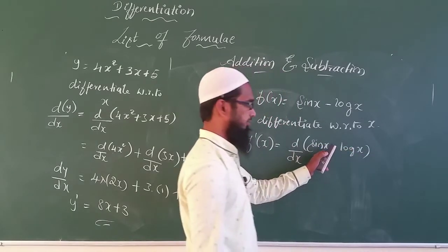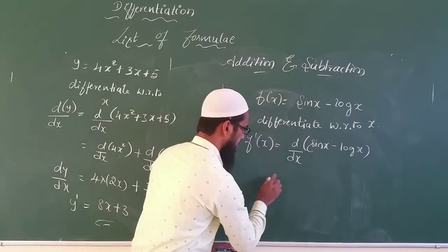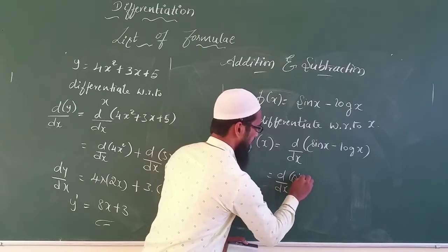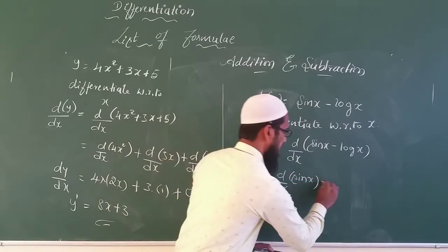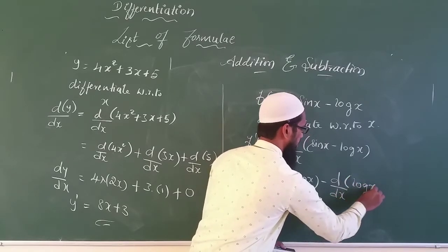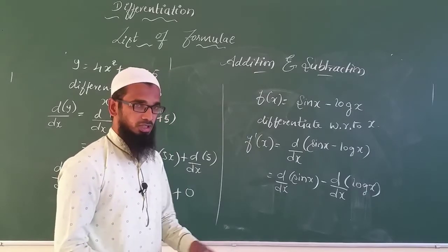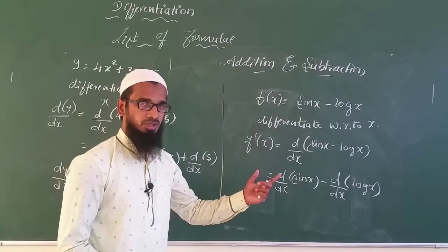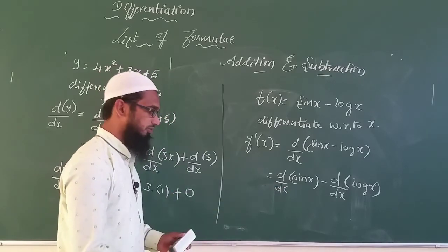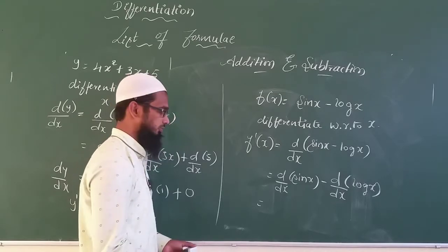Now since it is a minus here, that is a subtraction, we just take the separate functions here, that is d by dx of sin x minus d by dx of log x. But when it comes to the product, that is multiplication, this will not be the same thing. We need not go for the same procedure. There it will be a completely different procedure that we have to follow, for two terms and three terms.